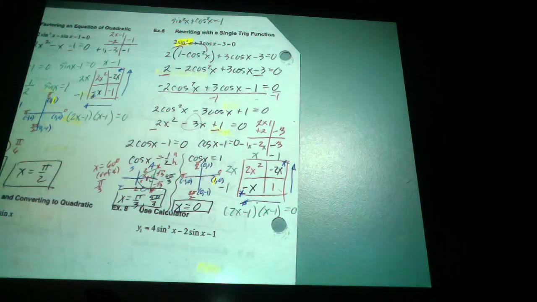Just saying. So the only ordered pair that has an x value of 1 is at 0. We are not counting 2 pi at that same place because our interval goes up to 2 pi but doesn't include 2 pi. So you only have one answer of 0. Okay? All right, so then look at example 7. 6 and 7